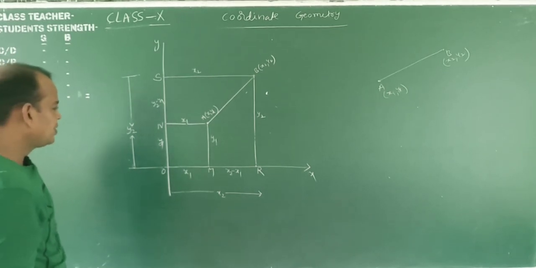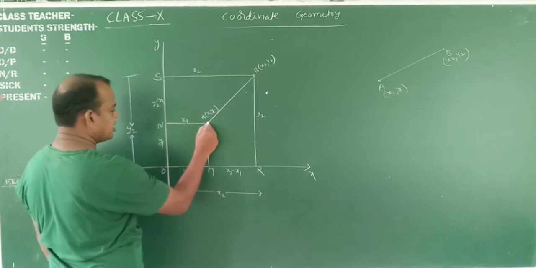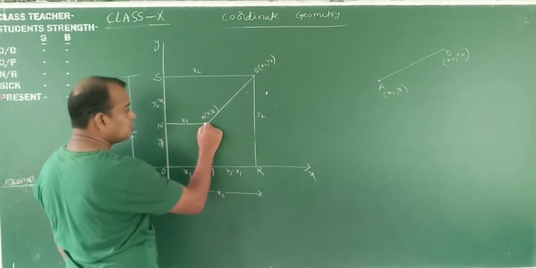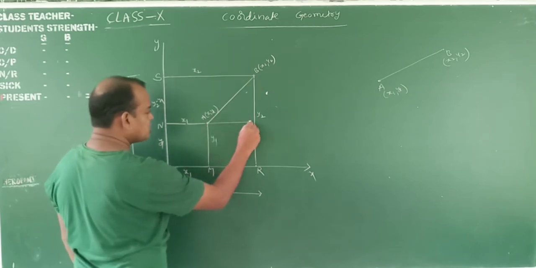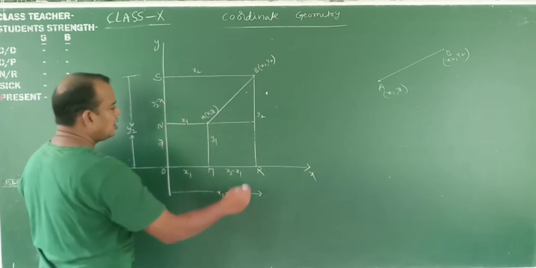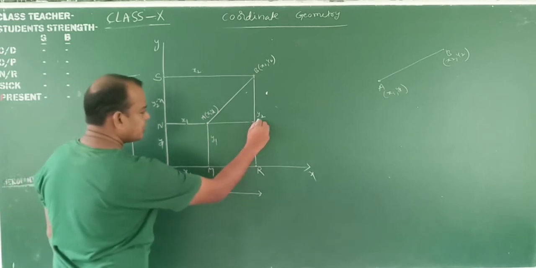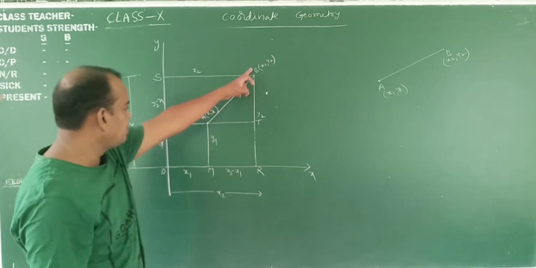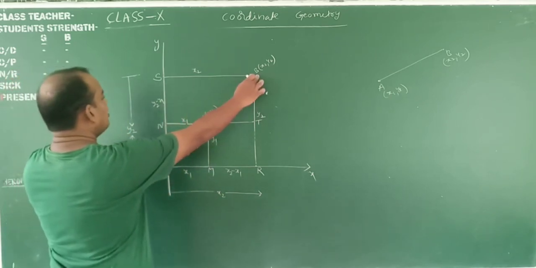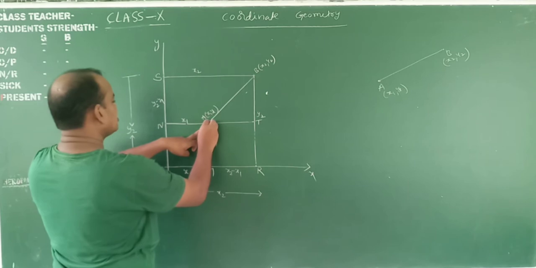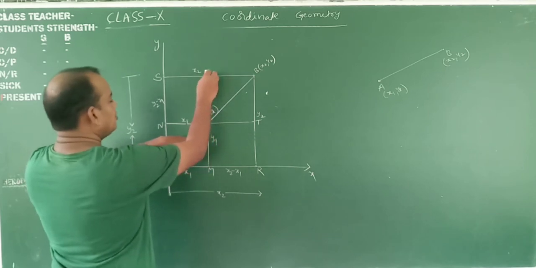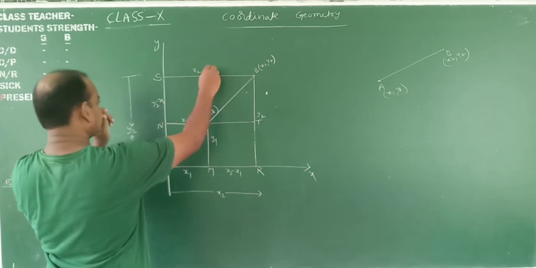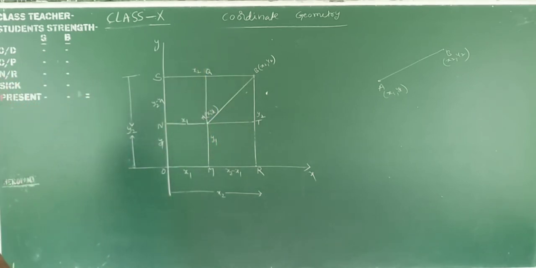Now, simple. Now joining. Extend this line from this one to this one. We draw the perpendicular from A to the line BR. Suppose it meets at something. Let us call it ST. We draw the perpendiculars from A to BR and A to BS. Suppose this is Q. This is the complete diagram. Okay, my dear students.